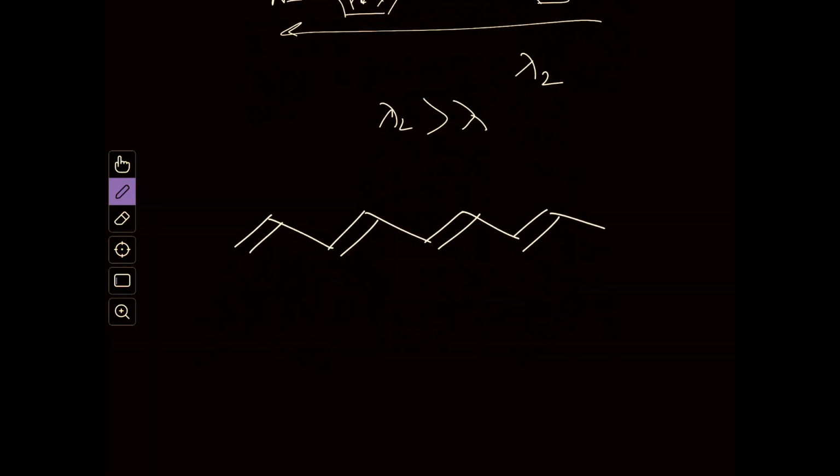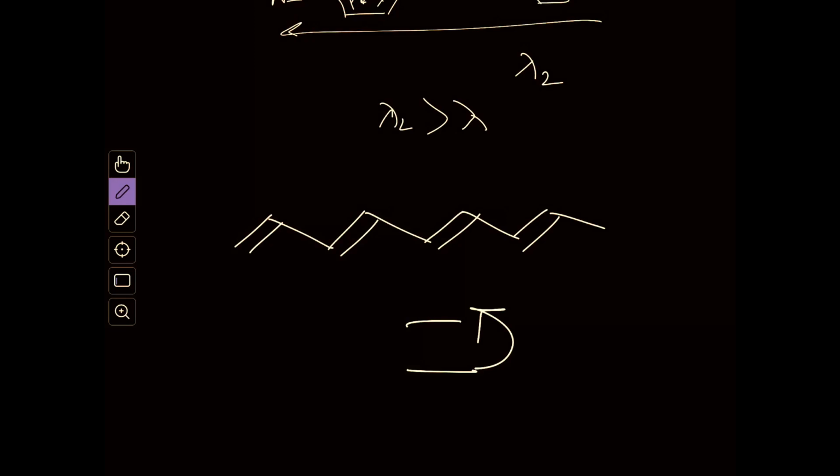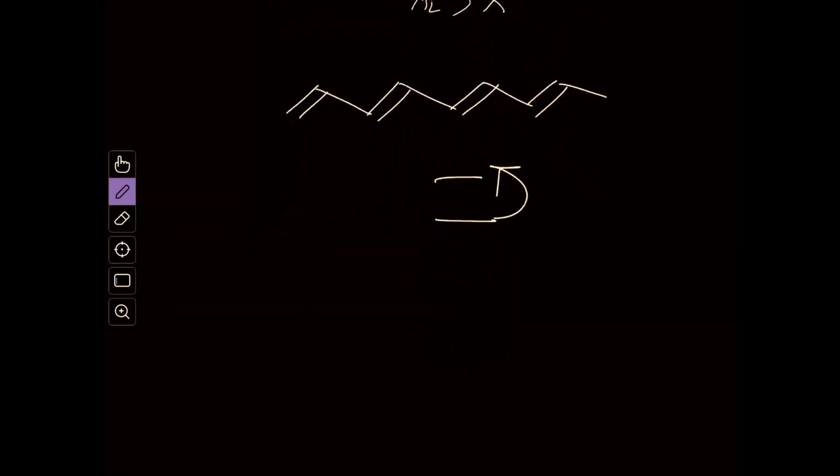Okay, so as you increase the conjugation in your system, you will lower the energy gap between HOMO and LUMO, and that will increase the wavelength of your absorption, and you will see a bright or dark color, that is, the color will be shifted to the red region, the red shift will occur. Okay, so this is the effect of conjugation, and in the next video I will discuss the Woodward-Fieser rule, where I will discuss the empirical calculation, how you can calculate the extent of conjugation in a particular molecule.